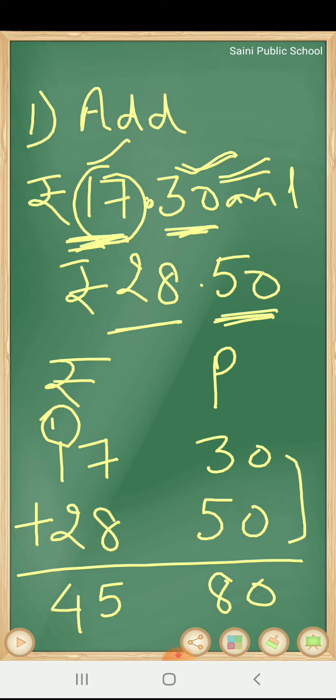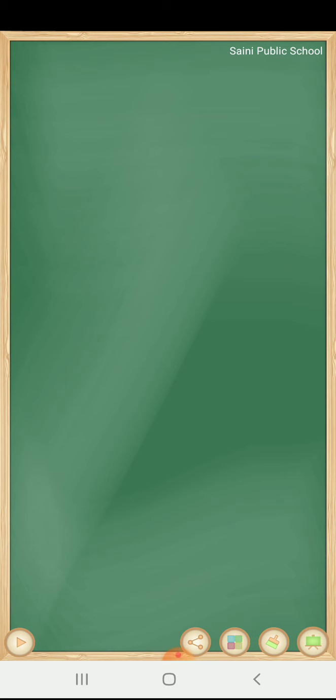So it is 4. Now here is the point, so I will write the point here. You should write numbers according to their places, and we should remember that after the point the number should be written from the left side. Now this is our answer, 45 rupees 80 paise. Now let us discuss one more example.